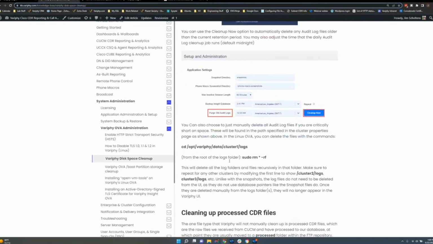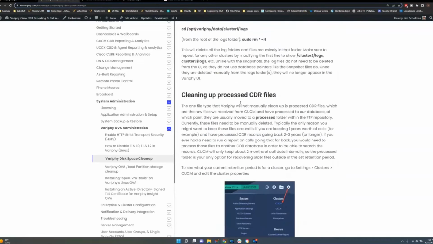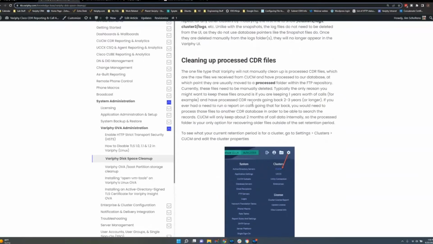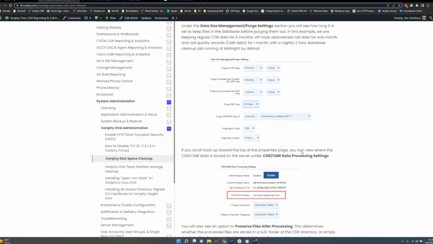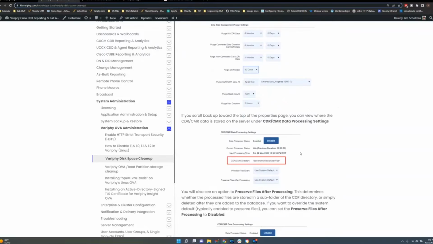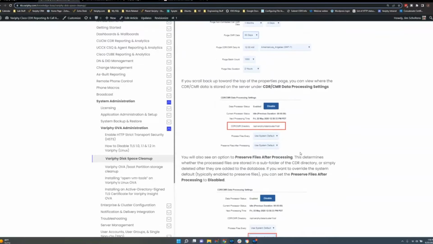If not, we can head on down to the next section, process CDR files. I've seen this more than the other two, where you're keeping the raw data files from Call Manager on the server, and there is no automatic purge for this. Your database purge, and the purge setting, is for the database. It doesn't clean up the processed files, so that would need to be done manually. And sometimes we've got files going back 3, 4, 5 years that aren't really needed, so we can clean those up and get you your space